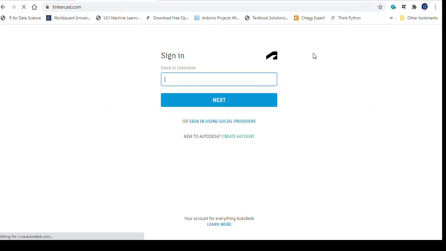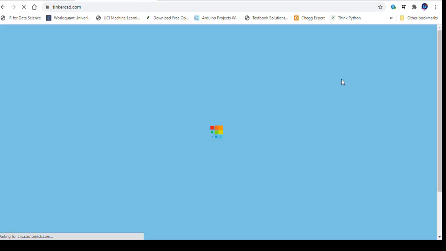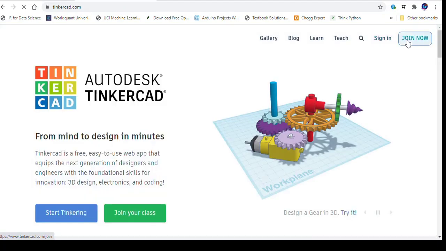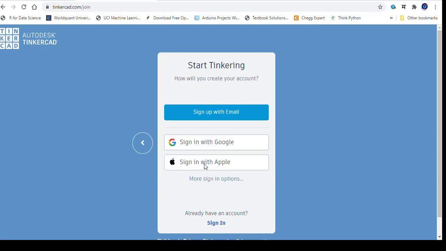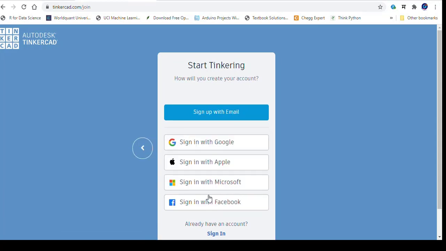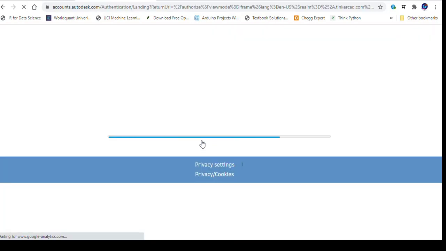Okay, so I'm opening the home page again, and then I'm clicking on this join now button. From here you can create an account, but I already have my own account, and here you can see some other options also. I'm logging into my account.